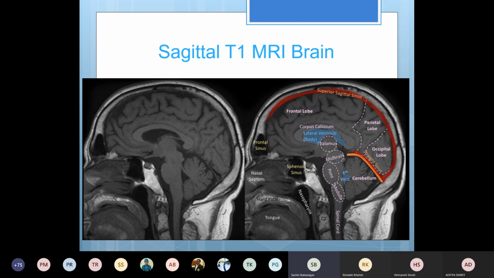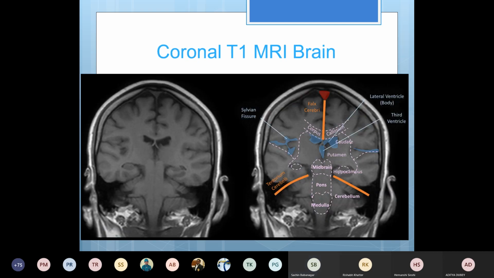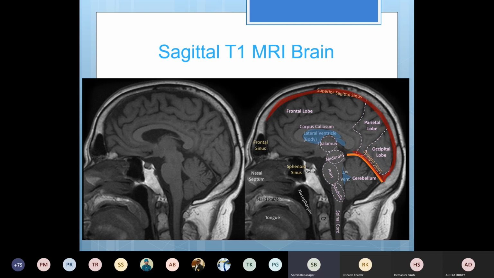Inferior to that, you have the lateral ventricle, and then you have the thalamus. Here you have the midbrain, and then this is the pons and medulla. And if you can see, this is the base of the skull. This region is called the foramen magnum. So you have to always look for any inferior herniation of the cerebellar tonsil, the inferior most part of the cerebellum. It should be above this line connecting the lower margin of the anterior part of the occiput and the posterior part. So this should be above this imaginary line.